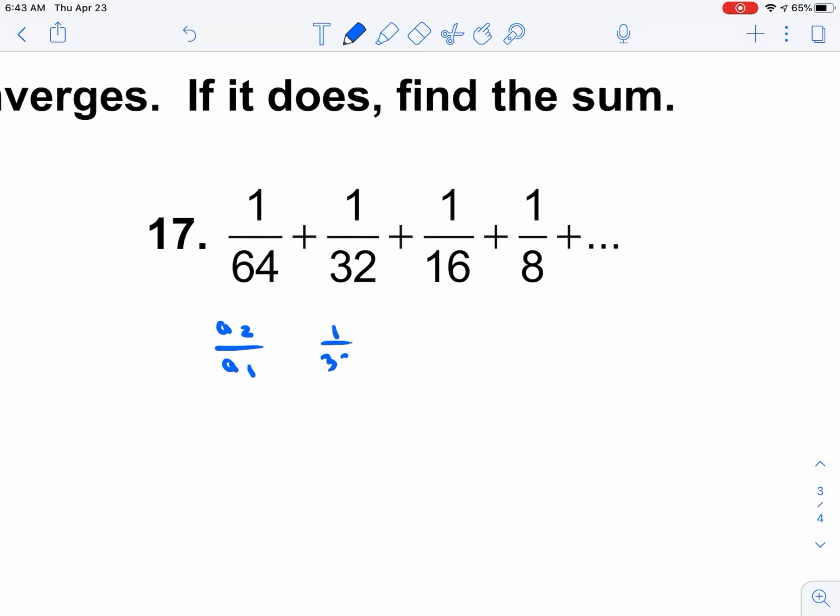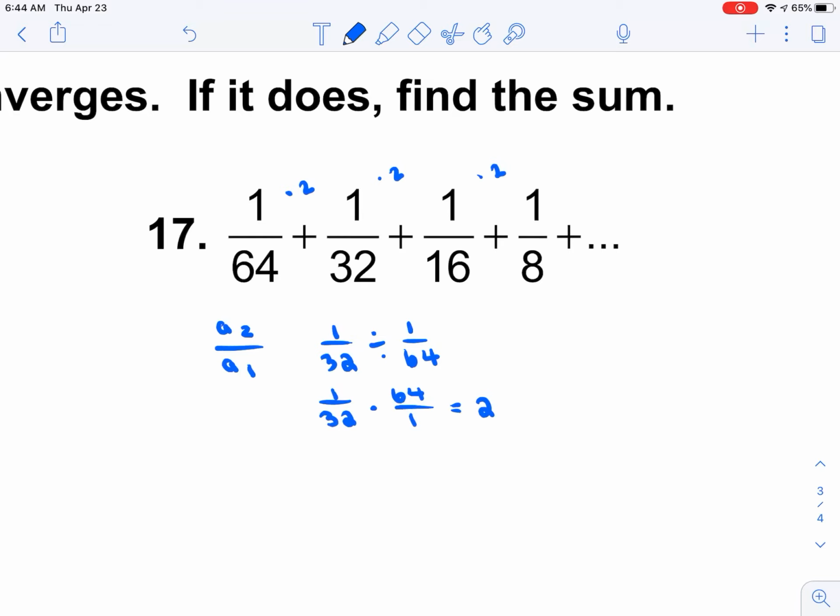So in this situation, I'm going to do 1/32, and I'm going to divide that by 1/64. Remember, dividing is the same thing as multiplying by the reciprocal. And notice by doing this, I'm getting 2 as my common ratio. These, surprisingly, are actually getting larger and larger, because if you think about it, you keep multiplying by 2,